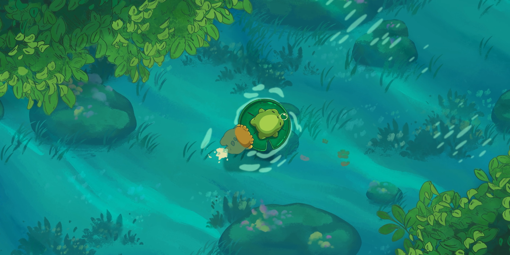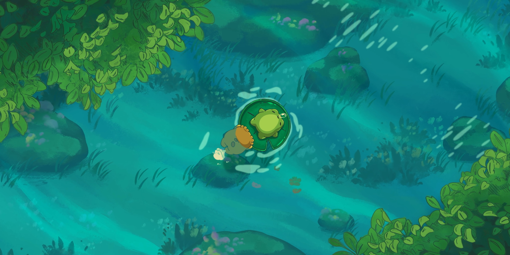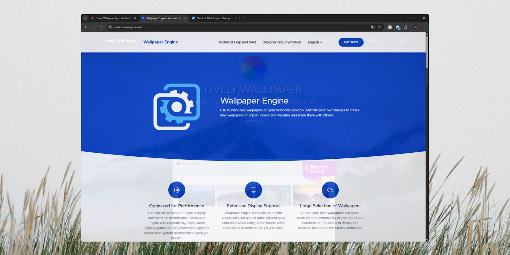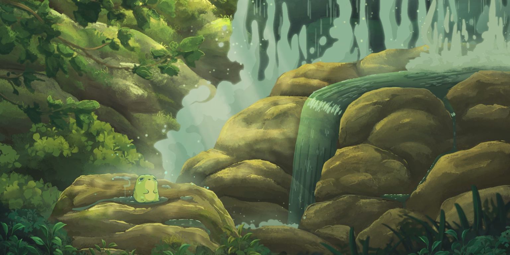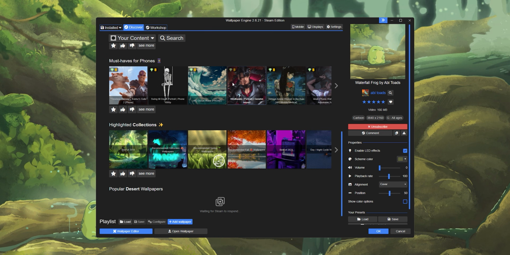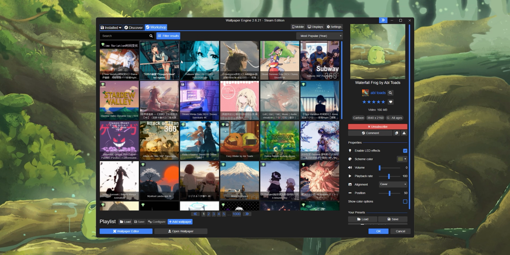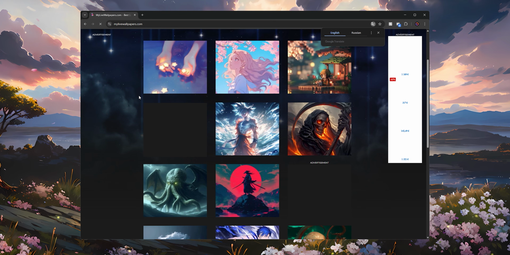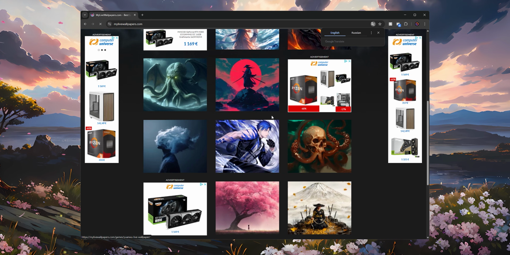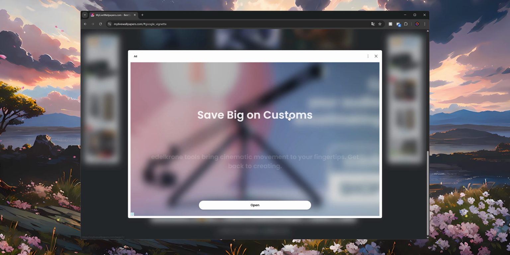When it comes to animated wallpapers, there are two main pillars: the free Lively Wallpaper and the paid, probably familiar to everyone, Wallpaper Engine. If money wasn't an issue, I would recommend only Wallpaper Engine, for its convenience, huge community, and workshop with hundreds of thousands of wallpapers that install with one click. With Lively Wallpaper, you'll have to browse different websites, looking for good quality wallpapers.